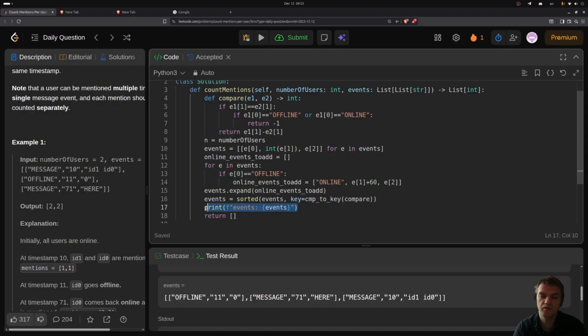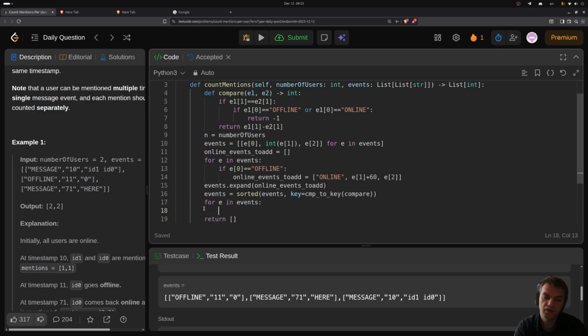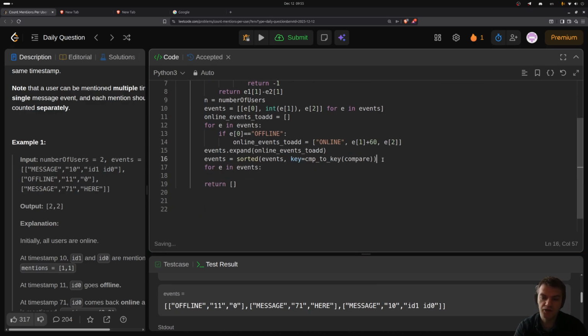And then I'm gonna go for in events. I need to check, okay, initially I'm gonna have this array of online equals true, and then the set gonna be n, and then mentions is equal 0, and then the dimension of that, the length of it is gonna be n, where n is number of users. And then I'm gonna go through the events, and then if e0